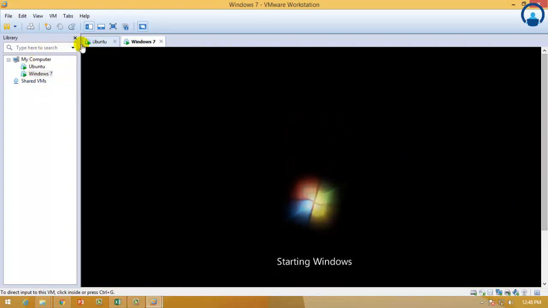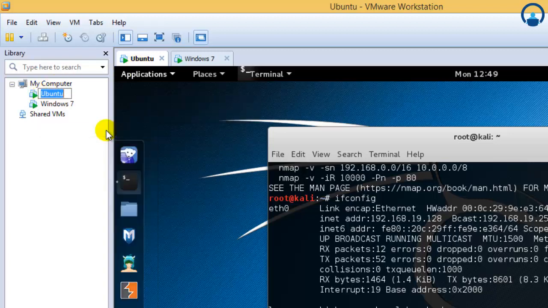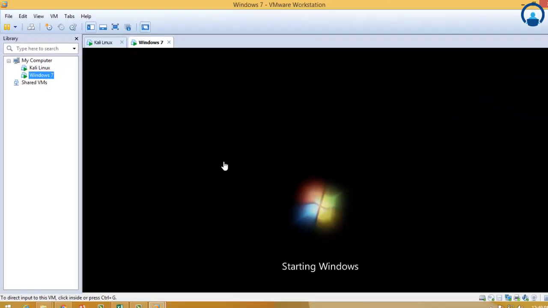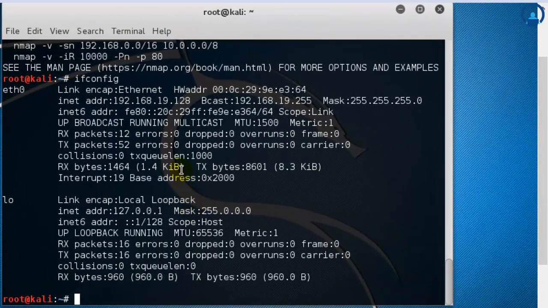So it's getting started. By the time, I'll just go over here and try to rename it to Kali Linux. Okay, let this get started. So I'll show you how Nmap looks. So now I know that the IP address of my computer is